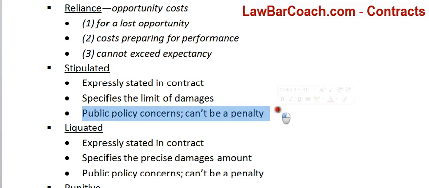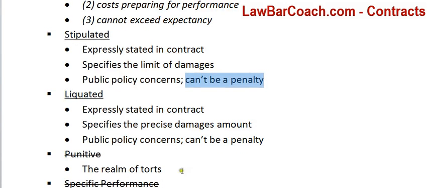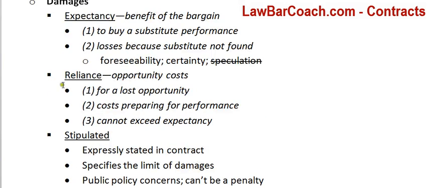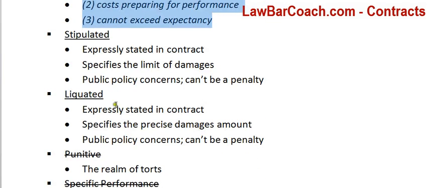For both of these, the courts always think of the public policy concerns. Why? Once again, contracts are economic creations. This is not about penalty. That is in the realm of torts. Liquidated damage, it makes it nice and easy. If they say, oh, if you breach, you pay $500, we don't have to start doing some sort of fact investigation to see what a cost of substitute, market value, losses. This is very complicated. Liquidated makes it easy. It says $500 in the contract you have to pay.